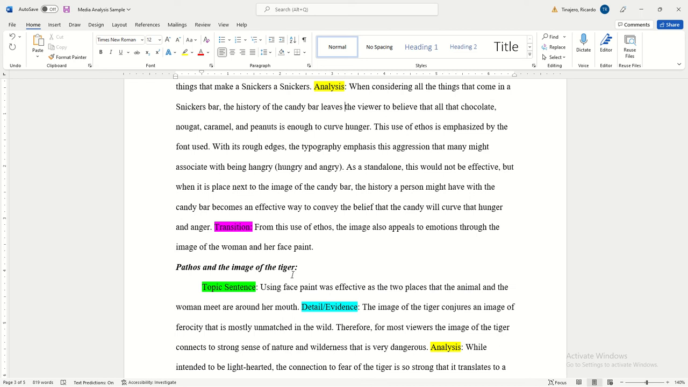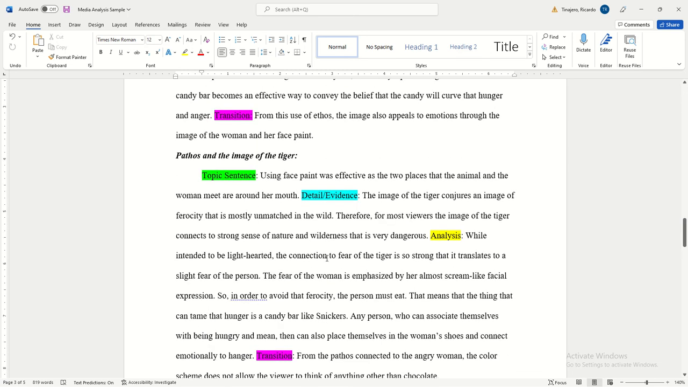The history of the company, as well as the candy bar product, lends it some credibility to being able to satisfy a hunger. And then we move on to the appeal to emotions, right, by the design of the woman with the tiger's face painted on her. Now, we're not going to cover all of that. Feel free to peruse this sample